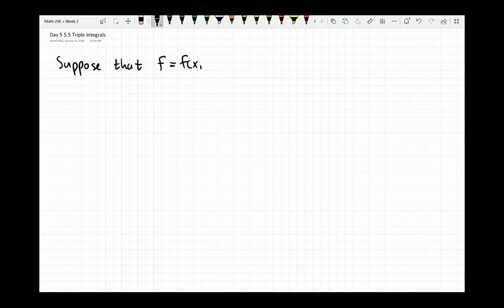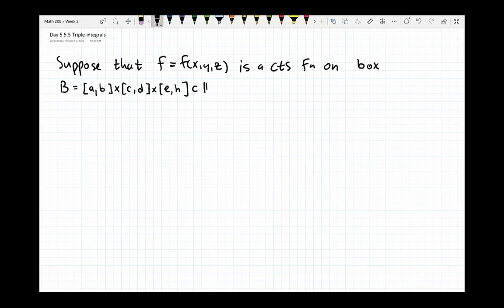We'll suppose that f is a function of three variables, and that it is continuous on some box B, which is a product of intervals. How about [a,b], [c,d], and [e,h]? Can't use F. So in R3, some box in R3, then